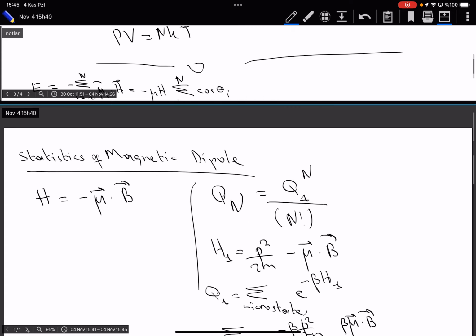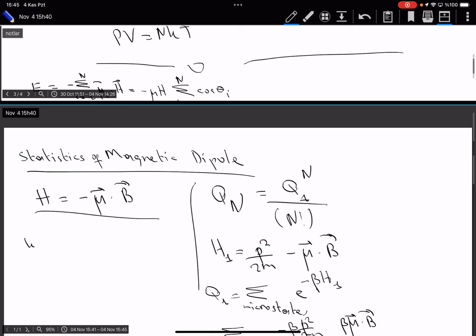So when we are looking for a magnetic dipole moment in a magnetic field, you can either say that, okay, this is a system where the dipoles are not free to move, but they can freely change their orientation. That is one way of looking at why we are studying this problem. Well, a dipole that is not allowed to move, how can you create that? Well, you can say that this is a solid, the atoms of the solid can vibrate around their equilibrium point, but since they are harmonic oscillators,